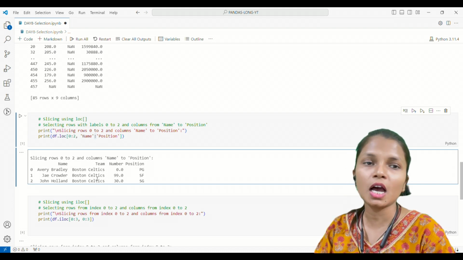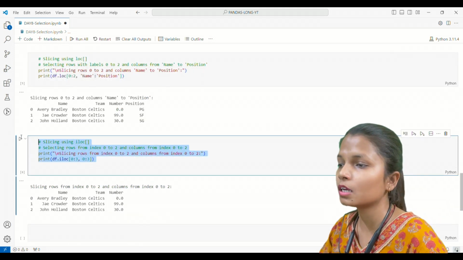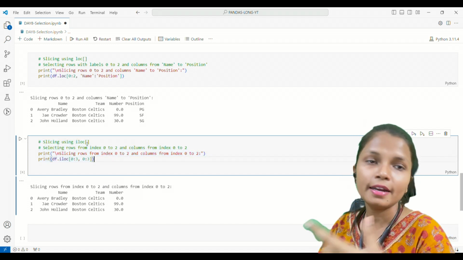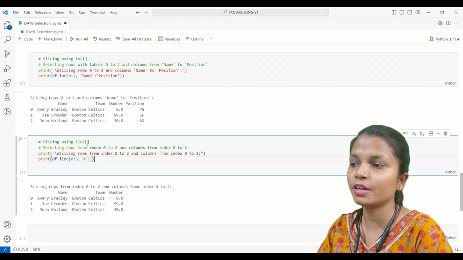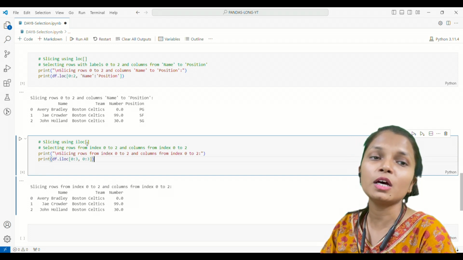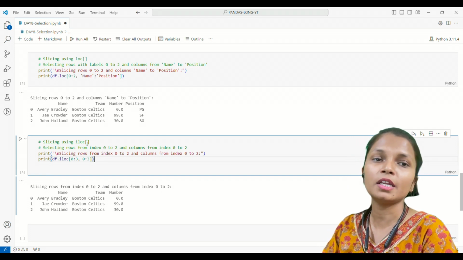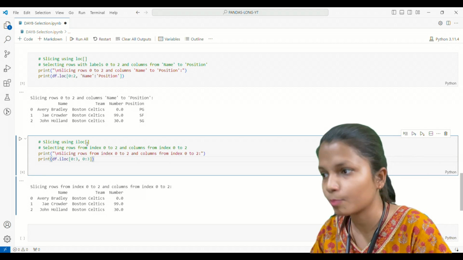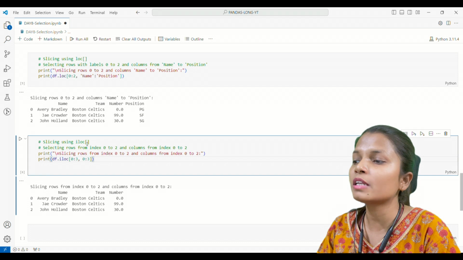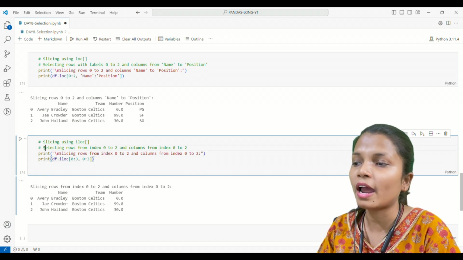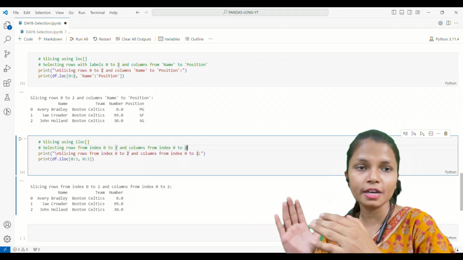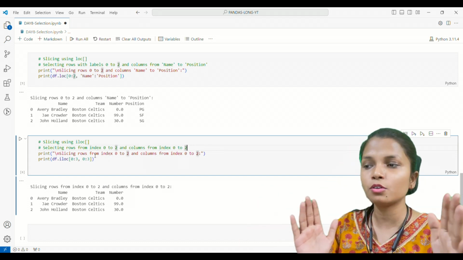Another way is using the iloc method. iloc is index based selection, which means you have to write down 0, 1, 2, 3. You are going to deal with numbers only. You cannot write the label, meaning the name assigned to that particular thing. Now I want to select the rows from index 0 to 2 and the columns for indexes 0 to 2. So from the row side I want 0 to 2, and from the column side I want the same.